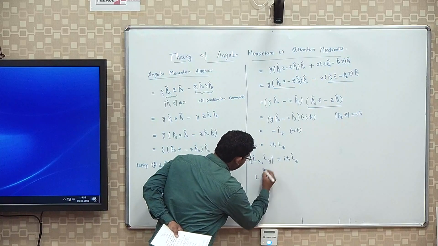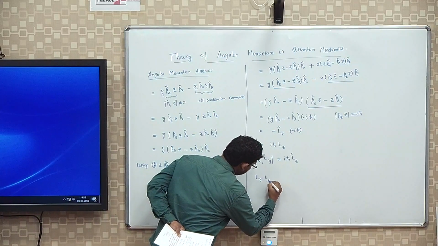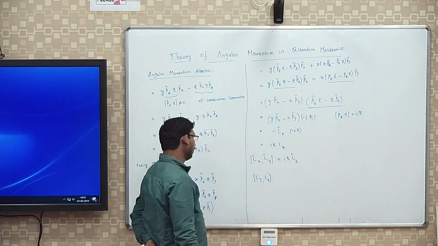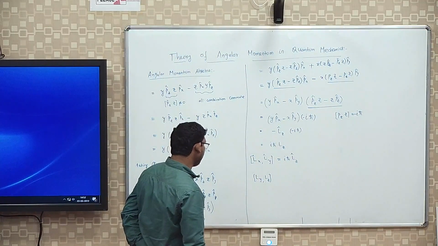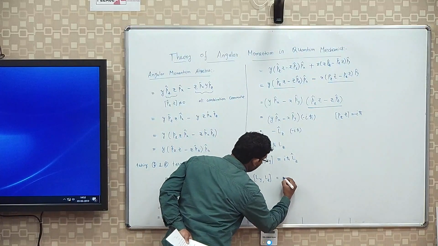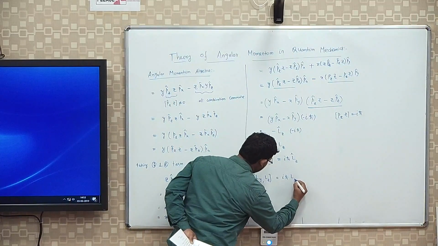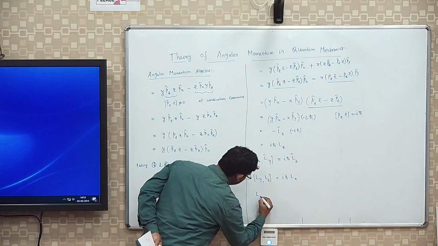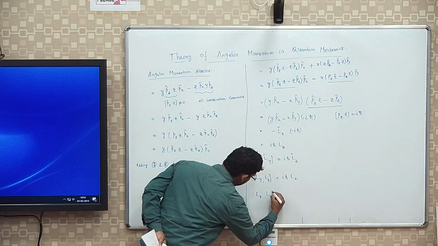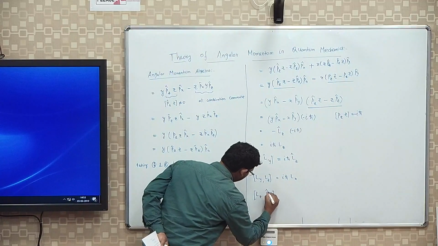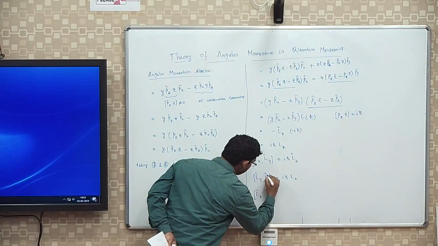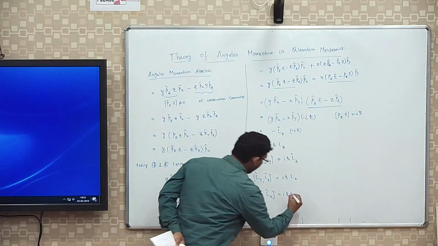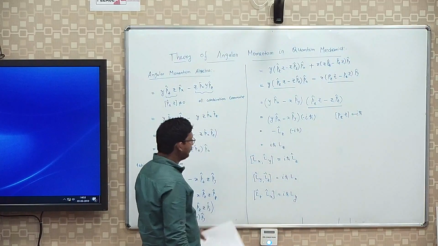For example, Lx, Ly, Ly, Lz. The commutation of the angular momentum in y and z components gives us i h cross Lx, and Lz commute with Lx gives i h cross Ly. In general,